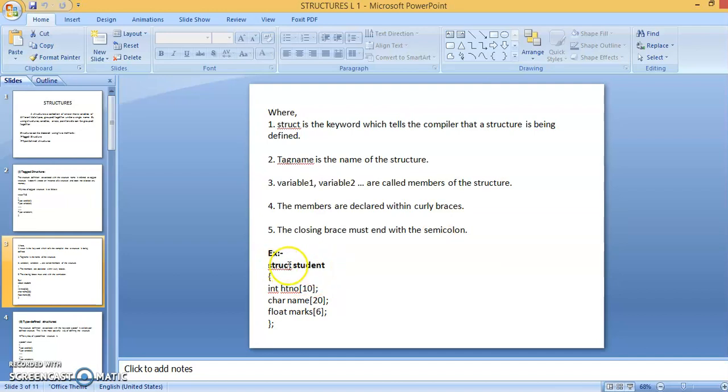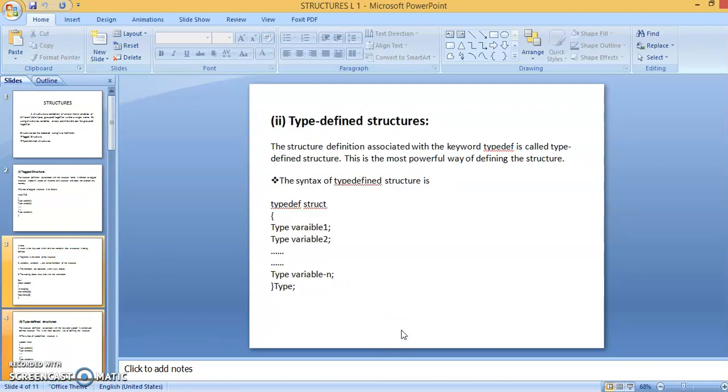Now we have created a structure student, and these are the members of the student structure: hall ticket number, name, marks. Just observe that we are grouping different data types under a single name called structure student. Hall ticket is an int type, name is a character type, marks are a float type. So we can group different data types under a single name. That is possible only with structures in C language. We'll also see an example, students, don't worry.